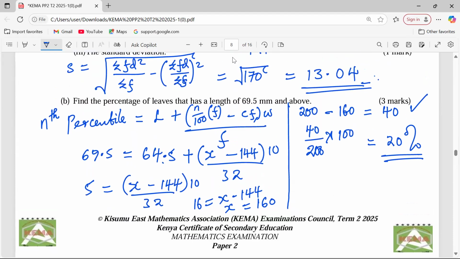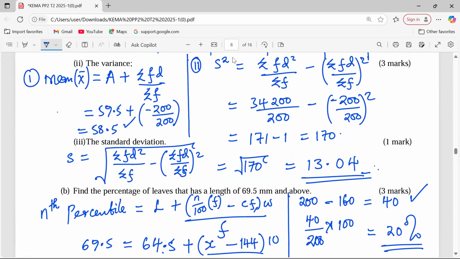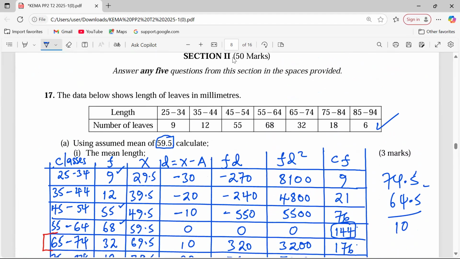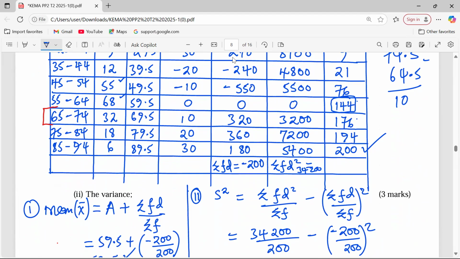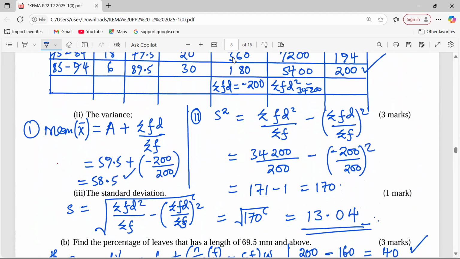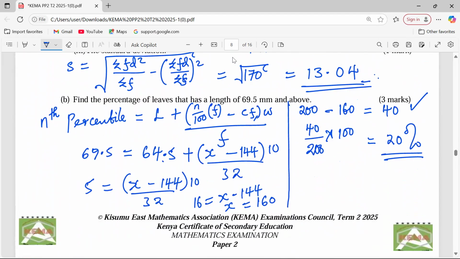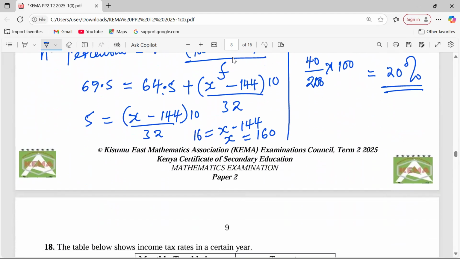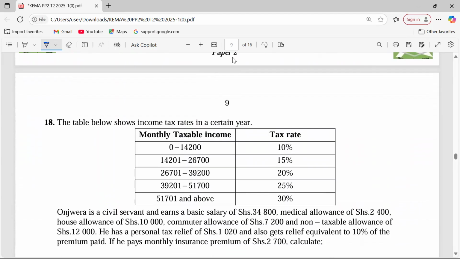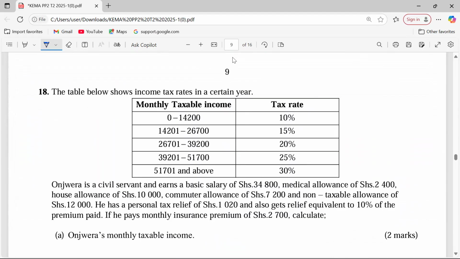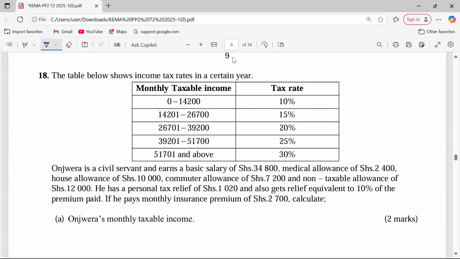Very careful. So it's my hope that you will be able to follow through and understand this kind of setting. It's also good for you to know that statistics is a widely evaluated topic, knowing that in paper 1, we have statistics 1. Now in paper 2, we have statistics 2. Therefore, prepare on statistics. The other thing that you're supposed to widely prepare on is commercial arithmetic, which is so broad. It is both in paper 1 and also in paper 2,